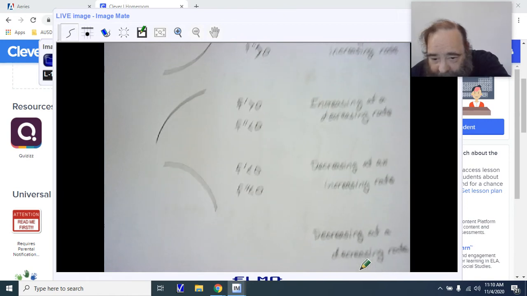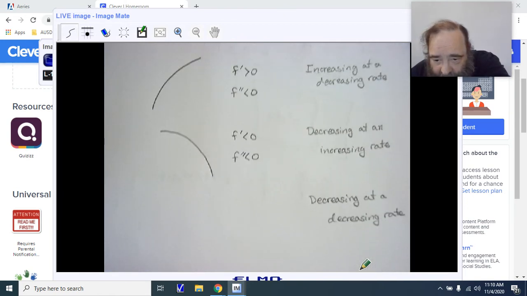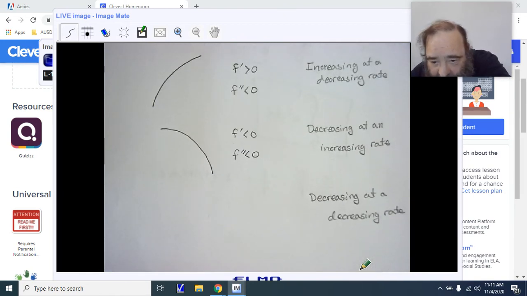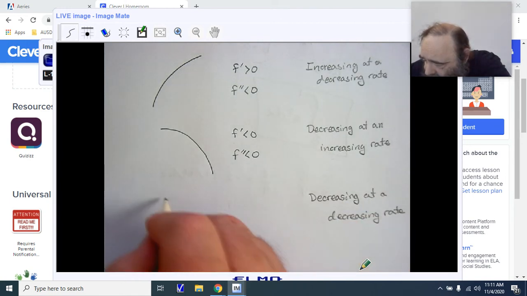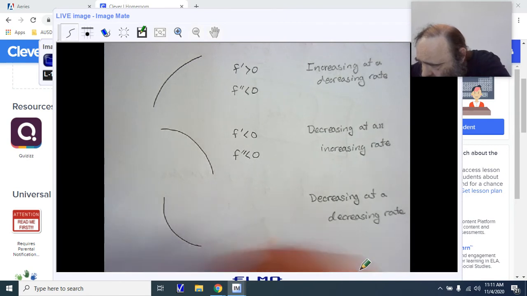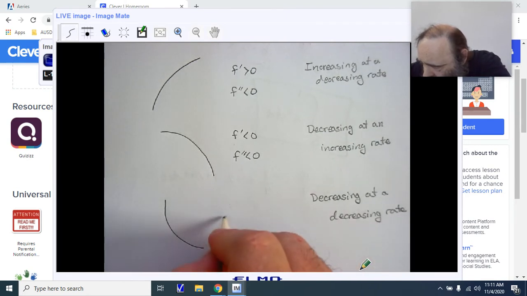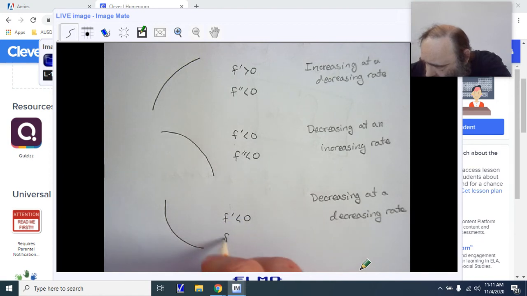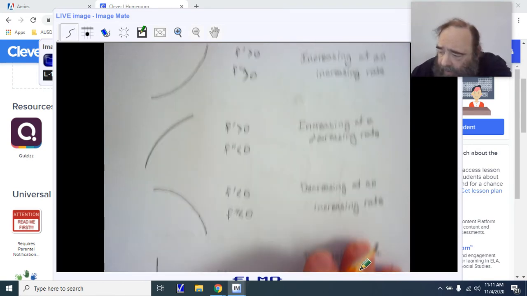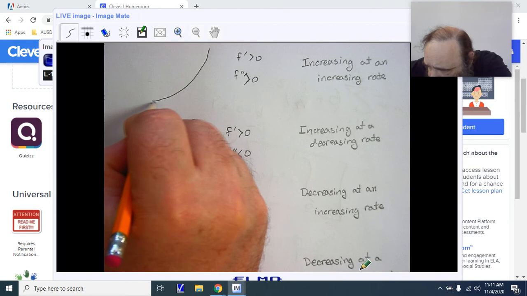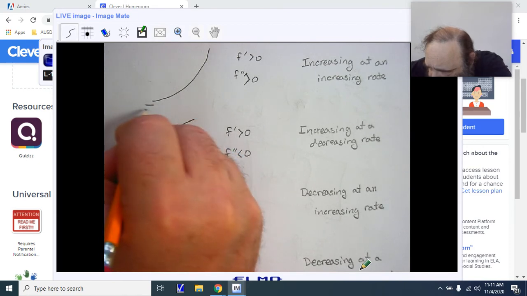And then our fourth, decreasing at a decreasing rate. So decreasing at a decreasing rate, curves like this. Now here we have our f prime less than 0, but f double prime is greater than 0. Now, please be aware with each of these, we're talking about slopes that are approaching a limit of 0